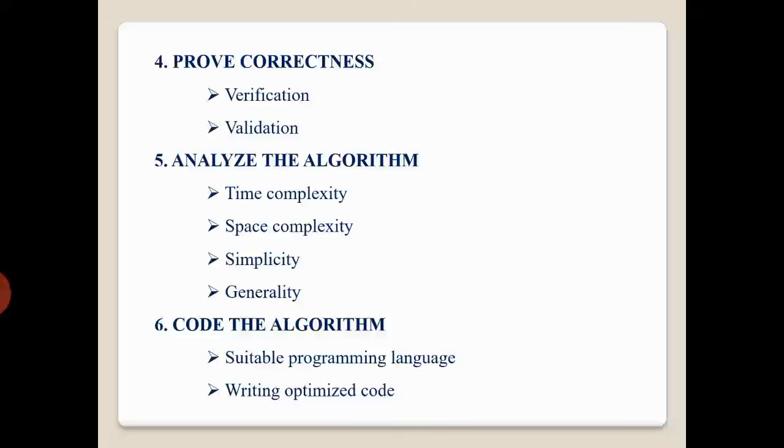The fifth step is the analysis of algorithm. Here, time and space complexity are calculated to determine the efficiency of an algorithm. The total amount of time taken by an algorithm to run is called time complexity, whereas the total amount of memory space taken by an algorithm is called space complexity. Apart from these two, simplicity of an algorithm is a must. That is, the generated instructions should be easy to understand. Generality of an algorithm should be satisfied by designing it to solve many problems in a single way.